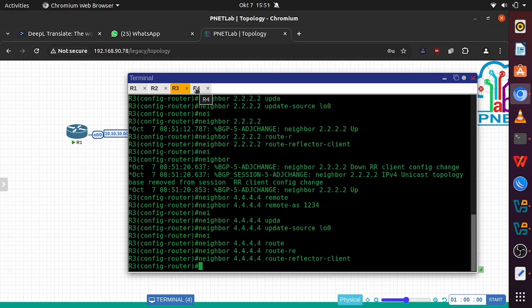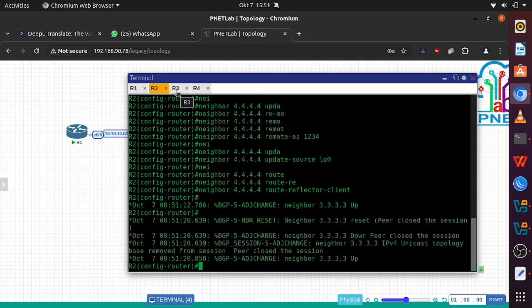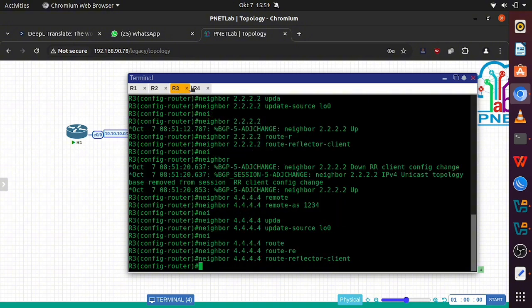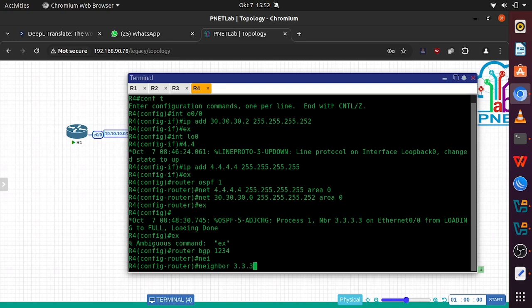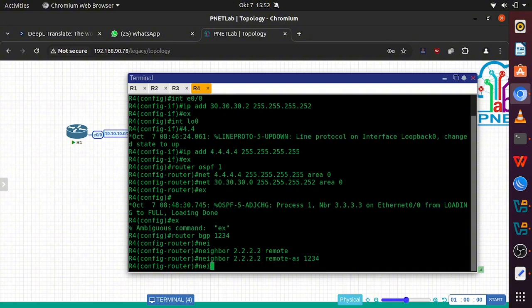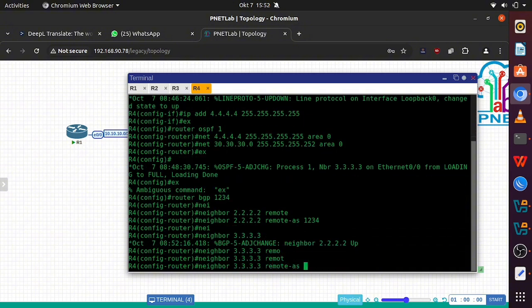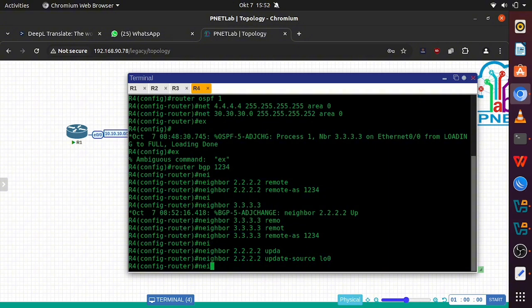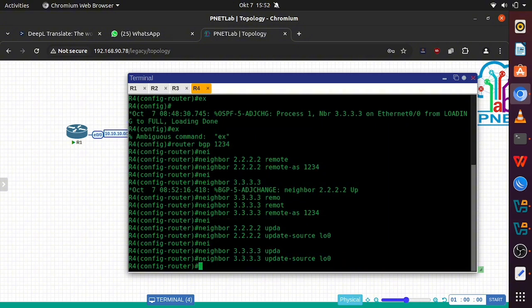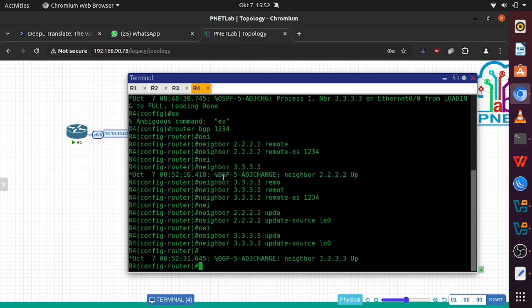After that we make router BGP 1234 again, and as with router 1 we can set neighbor 2.2.2.2 remote AS 1234, and also neighbor 3.3.3.3 remote AS 1234, and neighbor 2.2.2.2 for the update source loopback, and also 3.3.3.3 for the update source loopback 0.